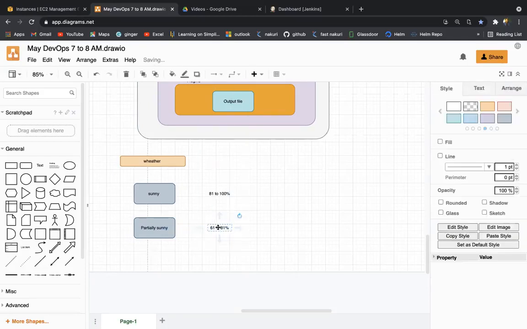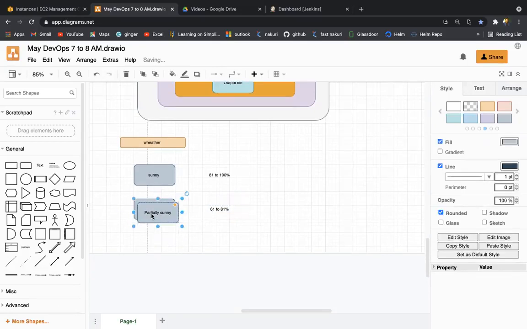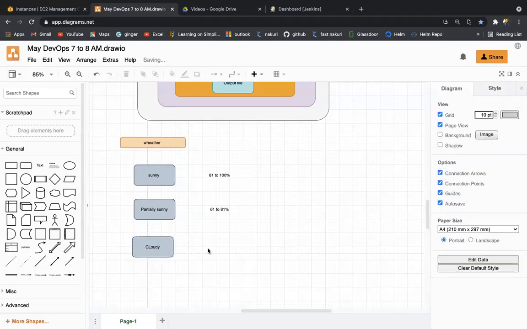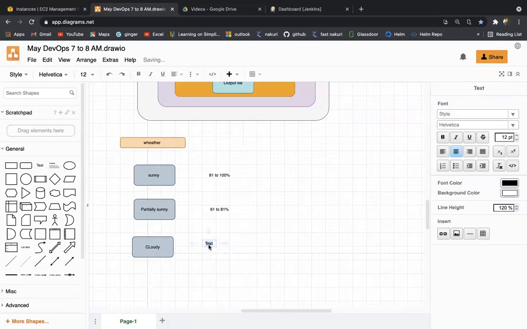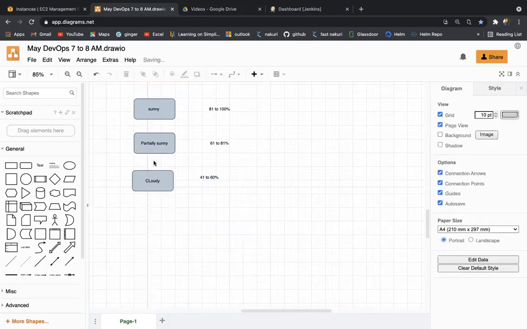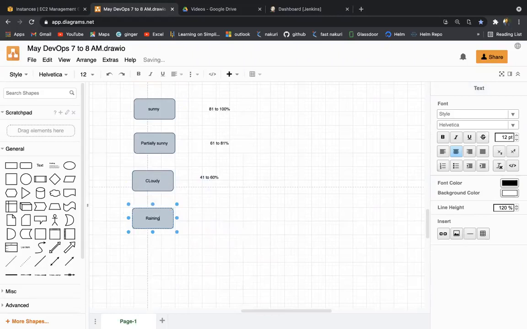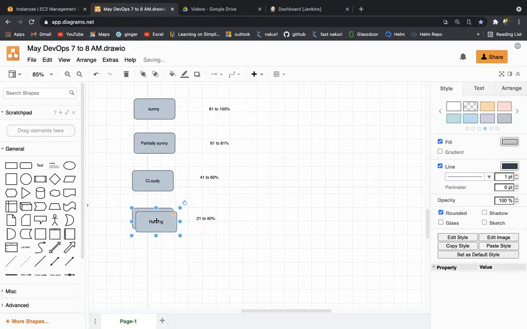If it is showing cloudy, in this category the job strength could be 41% to 60%. Or if it is showing raining, the job strength is 21 to 40%, right? And thunderstorm,